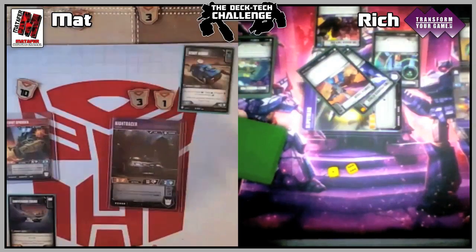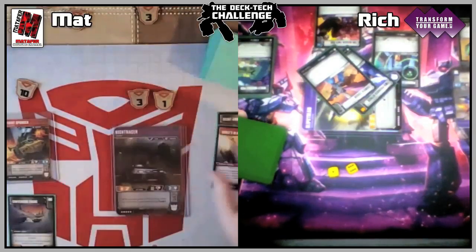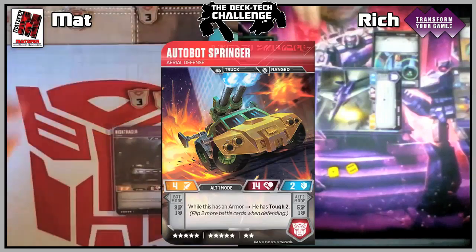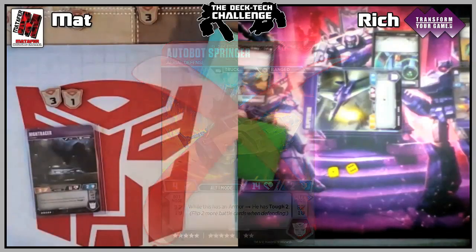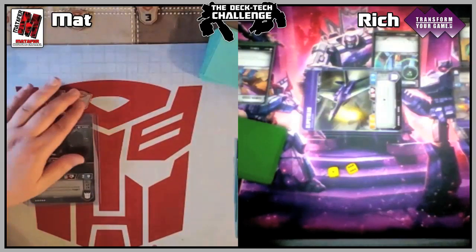Alright. Flip, defense of 4. Get pierced for 5. Go to 15, kill Springer. And your go. Alright. I didn't want to pick up the move buster. Draw for the turn. Play a...